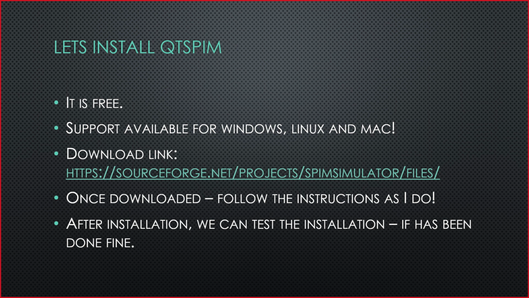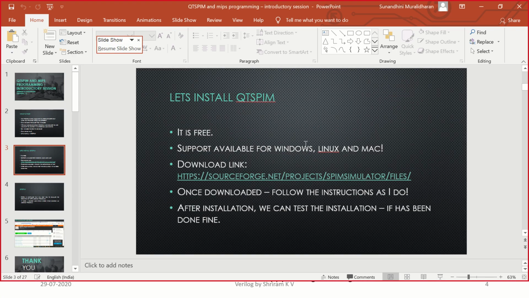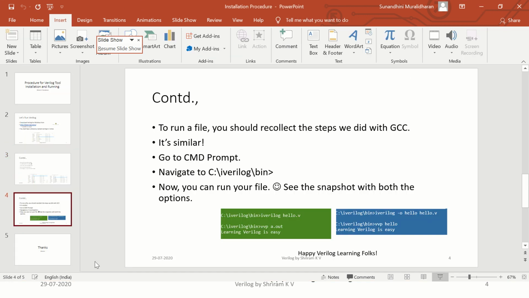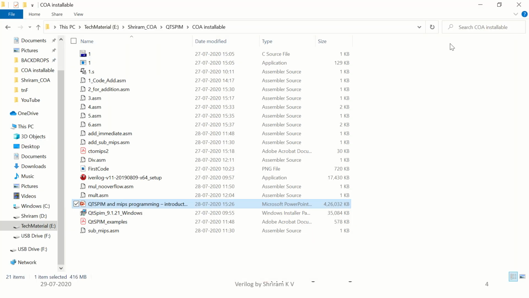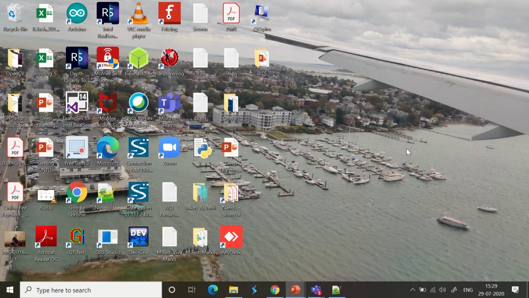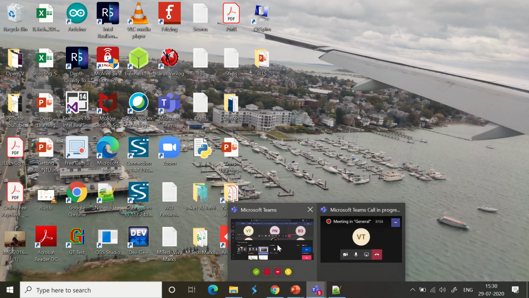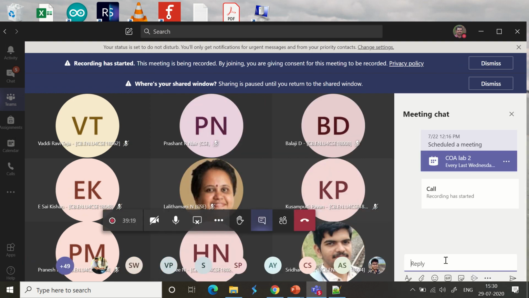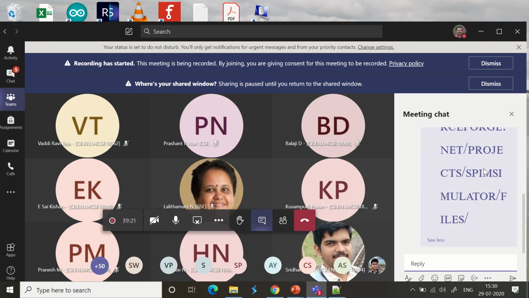So we will go with how to download it. Please make a note of the link that I have presented in front of you. I will try to copy paste it in the chat box. If you are not able to see it in the chat box, you probably need to type it out yourself and then download it. This is the biggest problem in these online sessions, where typing and copy pasting are a bit of a problem.